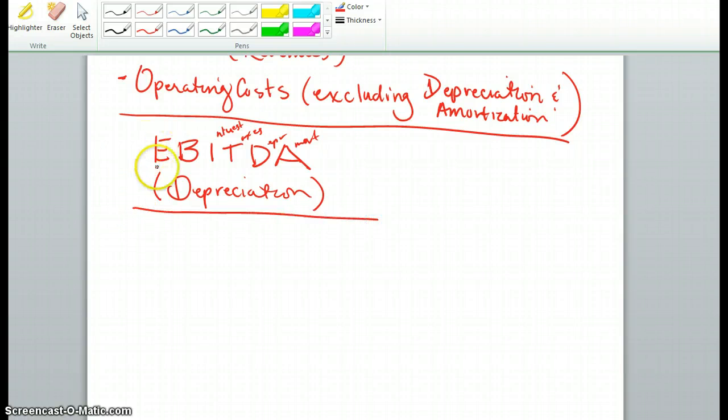So we have EBITDA minus depreciation, and that gives us EBIT, earnings before interest and taxes, right? We had EBITDA, now we subtract out depreciation, and we have EBIT. And so if you ever are given a problem that talks about EBIT, you know that depreciation has been subtracted. And then we subtract interest,